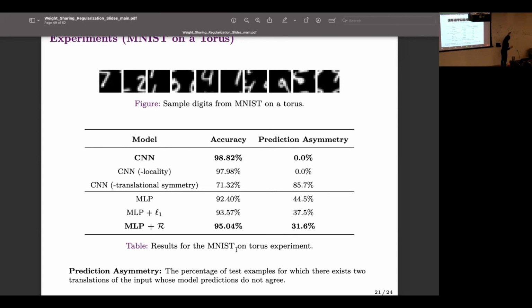So in the MNIST, I'm doing two actions: first permute, then roll. If I permute first and then roll, I'm just ruining the locality, because the rolling is going to produce the translational symmetry. But if I roll first and then permute, it's going to ruin the translational symmetry. It ruins both locality and